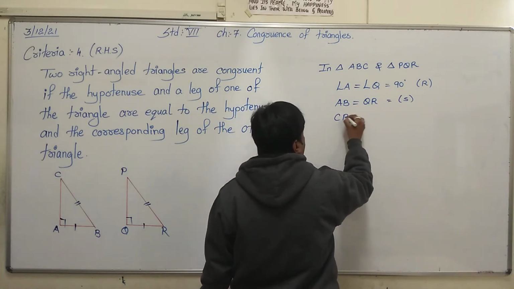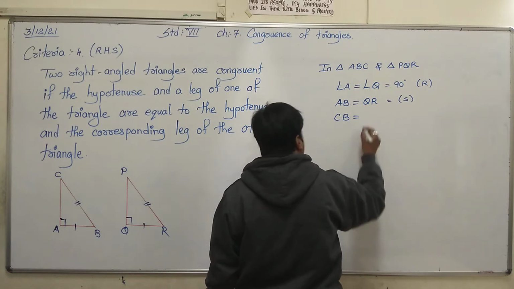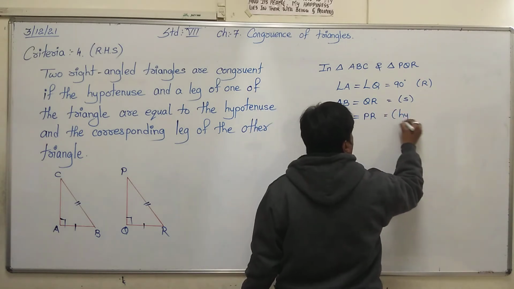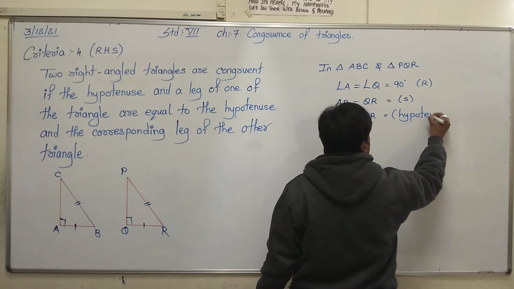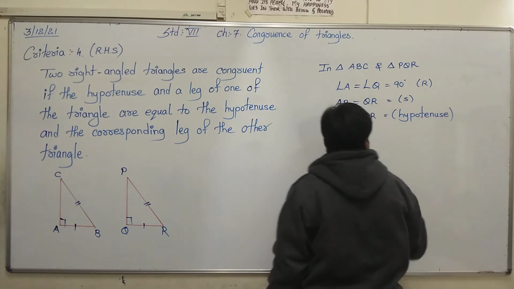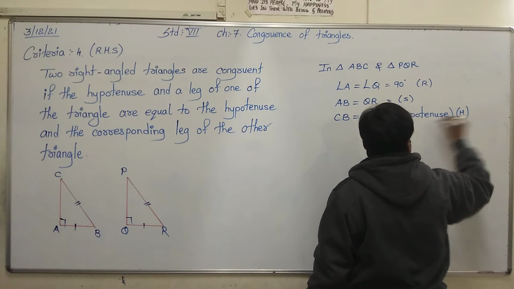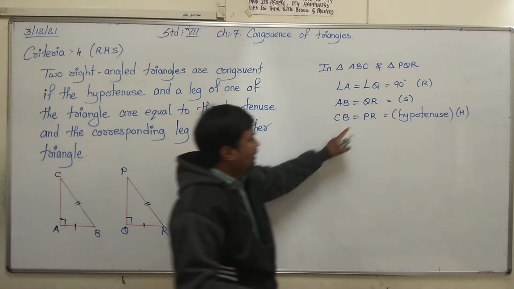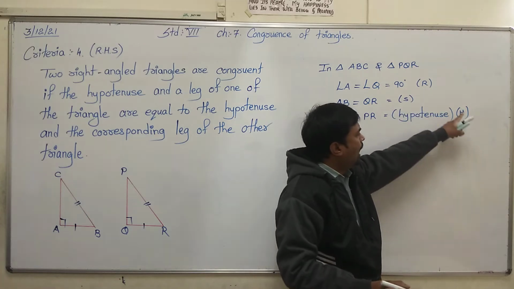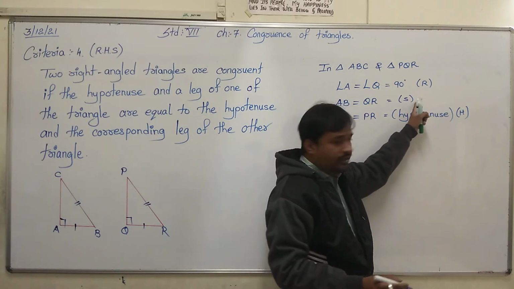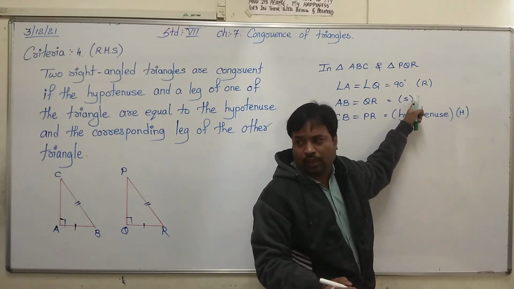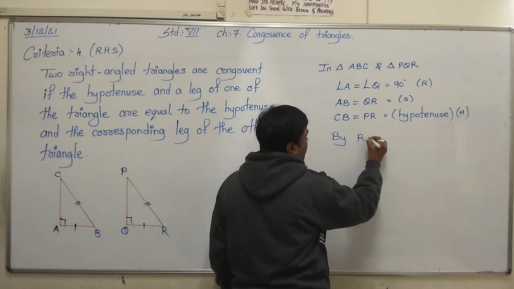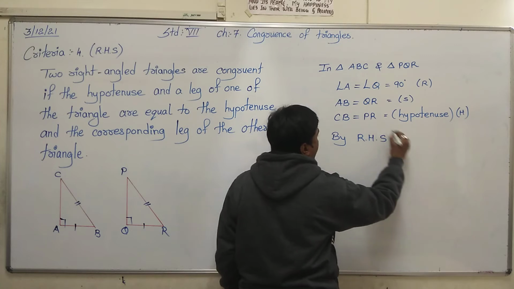Right? Finally, AC is the same as PR. That is the hypotenuse. That is H. Right? You can see that right angle is there, hypotenuse is there, and side is there. All are equal. So what we can say is that by the right angle hypotenuse side criteria,